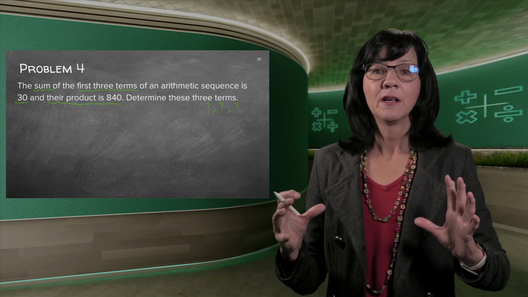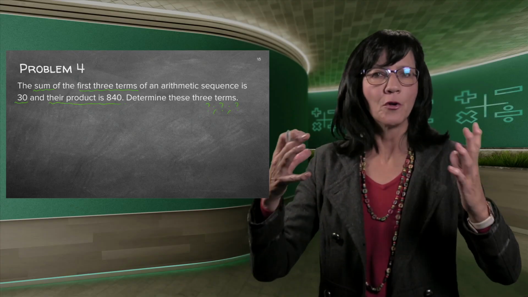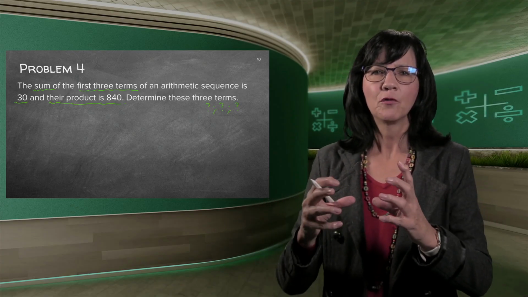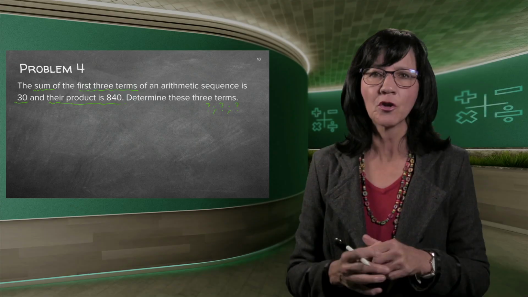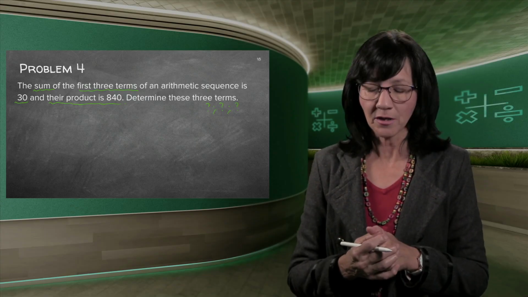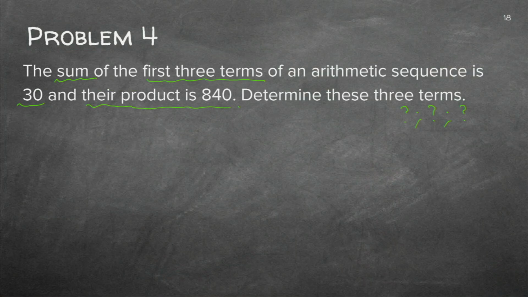This is a totally different question from the normal ones. That is one where, if you want to do a little bit better in maths, you will make sure that you can do this problem. It's not a normal question that is being asked. Good. The sum of the first 3 terms. Now, how does an arithmetic sequence look? The first term is A. The next term is A plus D. The next term is A plus 2D. You all know that, don't you? That is how we started off with terms.